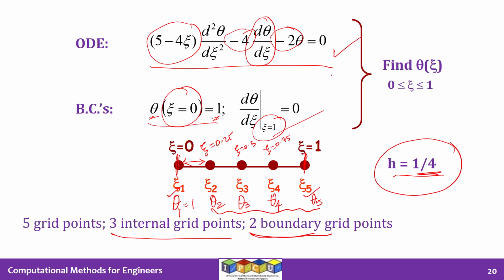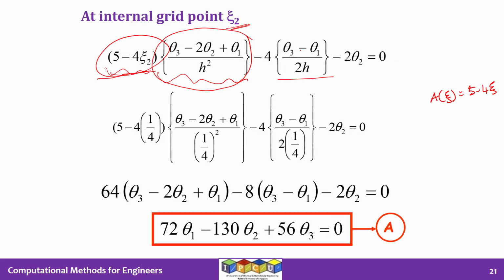Minus, then you have 2 times theta. And theta at psi 2 is nothing but theta 2. We do not know what it is, but the symbol we know is theta 2. Therefore, the ODE at the internal grid point, with replacements for the dependent variable, the first derivative of the dependent variable, and the second derivative of the dependent variable, is this. And we have taken care to replace the first and second derivatives by finite difference approximations that have the same truncation error.